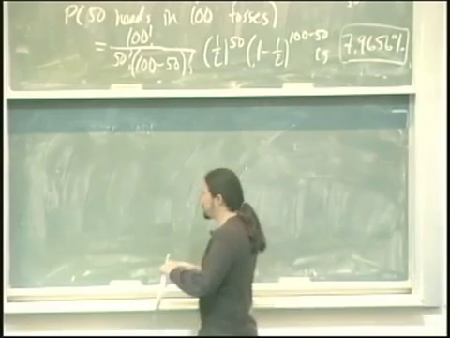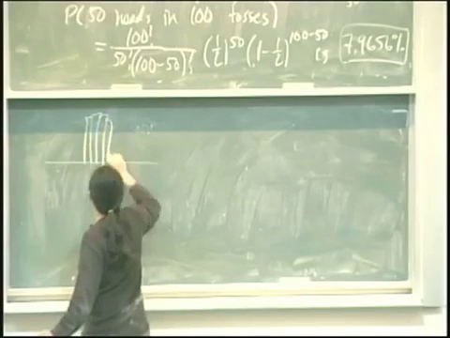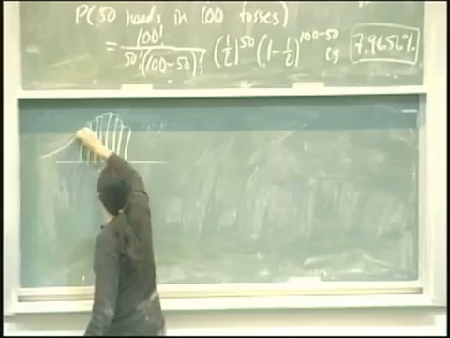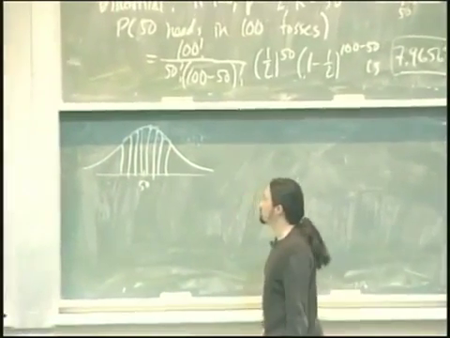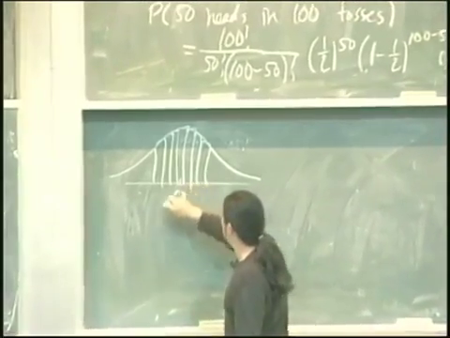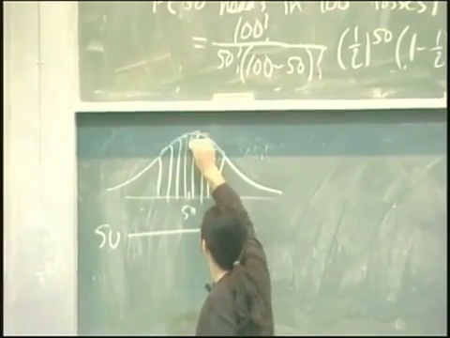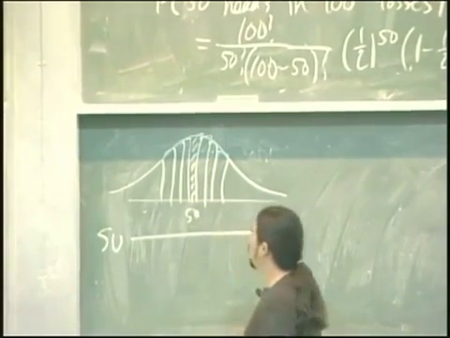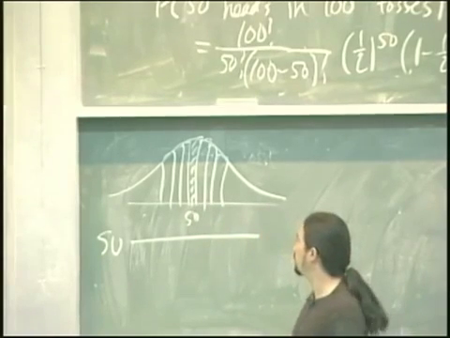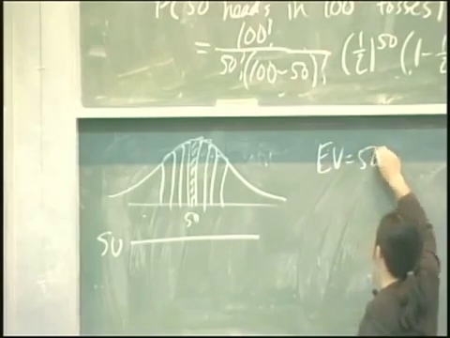So that top picture from the slide I'll just do a quick sketch of. We have a bar where 50 follows the normal curve pretty closely. And basically, what I want to do is convert into standard units. What value should I be converting into standard units? From previous calculations, I know expected value is 50, standard error is 5.